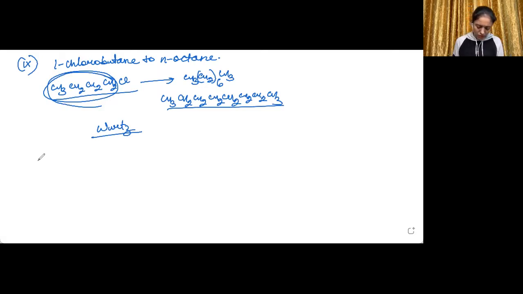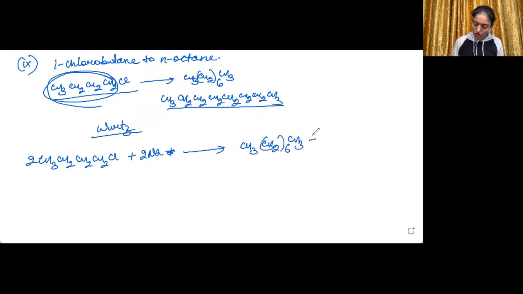Okay. So simply you need to take CH3, CH2, CH2, CH2Cl plus 2 sodium plus, okay, you can take these 2 molecules, then it is CH3. Now I am writing it in short form. I think you have now got the idea. This is the Wurtz reaction. Okay, let's now move into the next part. Let me clear the screen first.